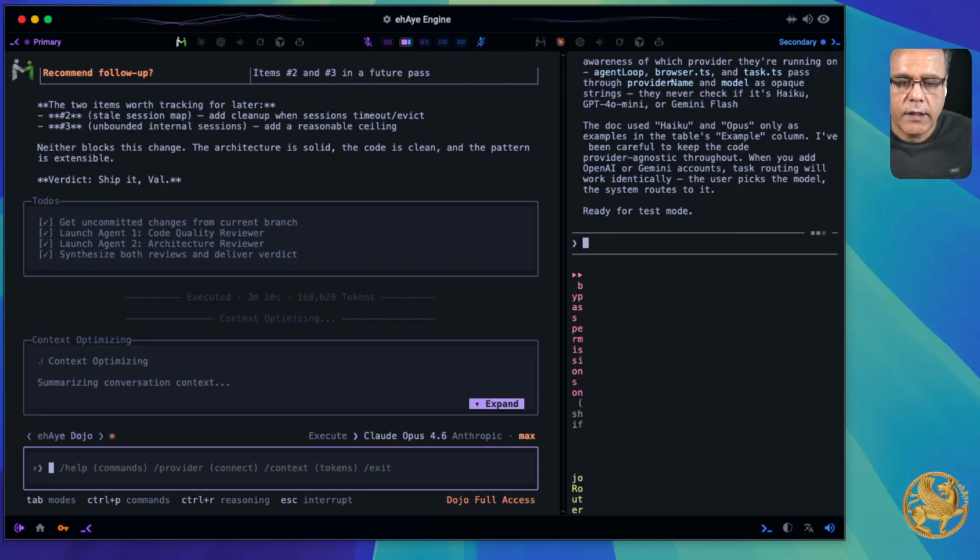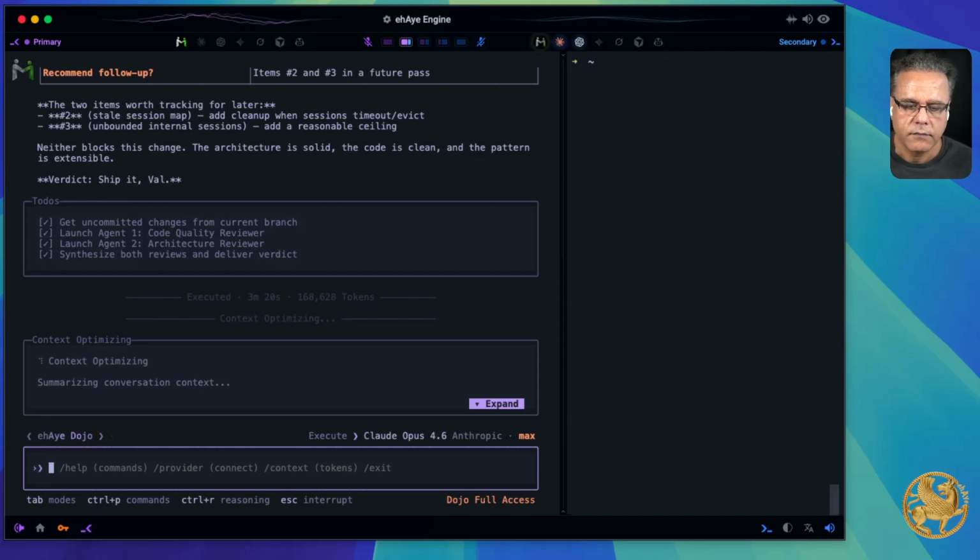Right now my memory is full. Before I forget things, let me store what we have done so far. It goes to optimization, so a little bit too much. Be right back. Now it equals active external sessions. Downstream consumers expecting the old meaning will silently get a lower number. Warning: browser.ts stale session cleanup. The sessions map is never pruned when a session times out in the browser manager. Both agents independently found 0 critical blockers.